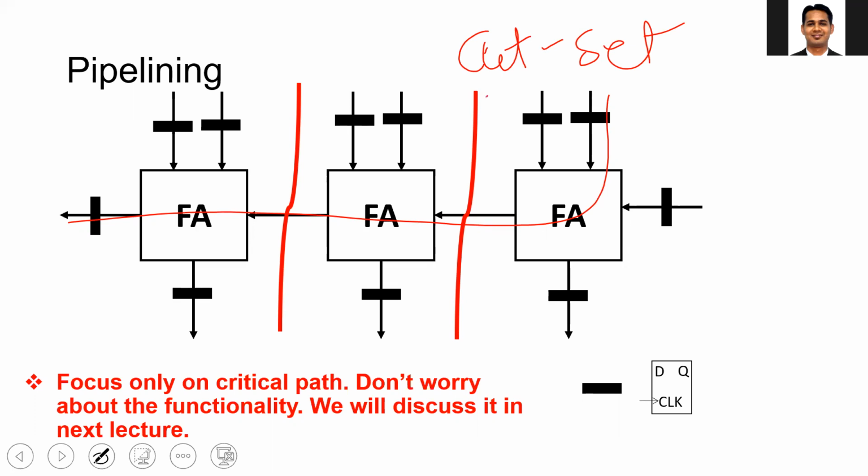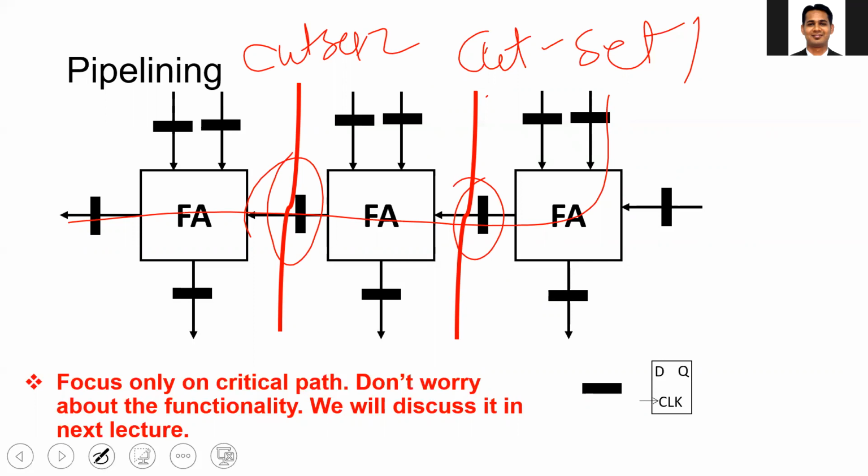But I add this cut. This is cut set 1, and this is another cut set 2. In cut set 1, the cut set should be such that your circuit is divided into 2 separate parts. There should not be any other connection between the input and output. Once I add this cut set, you can see that the circuit is divided into 2 equal parts, and then I'll add the flip flop here.